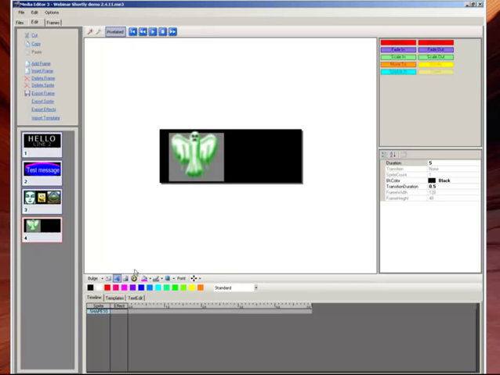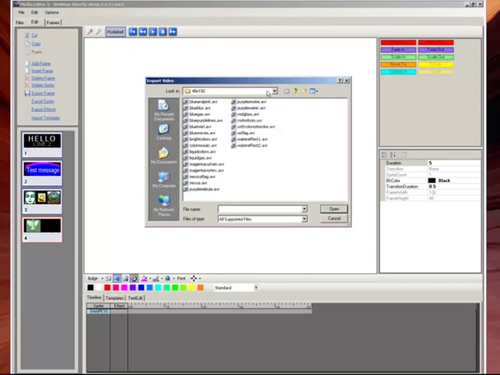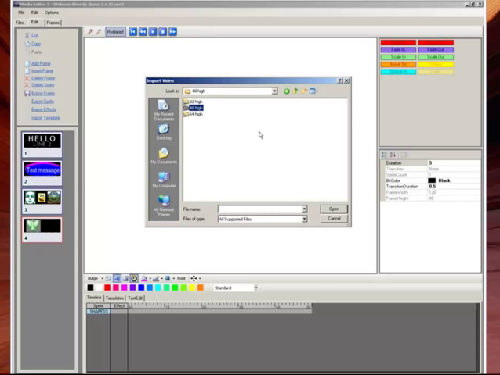Now, if you go to add video, we'll go to the same folder again. My Documents, Media Editor 3, and Elements. And then we're going to go to Holidays again, 48 high. And we're going to take that same one, but this time it's in AVI form. If I hit open,